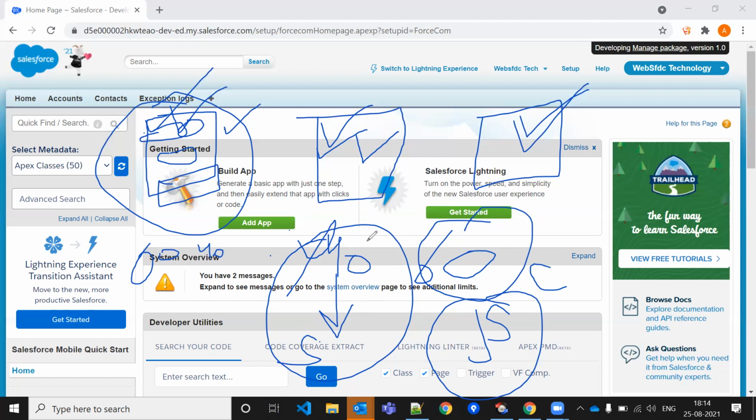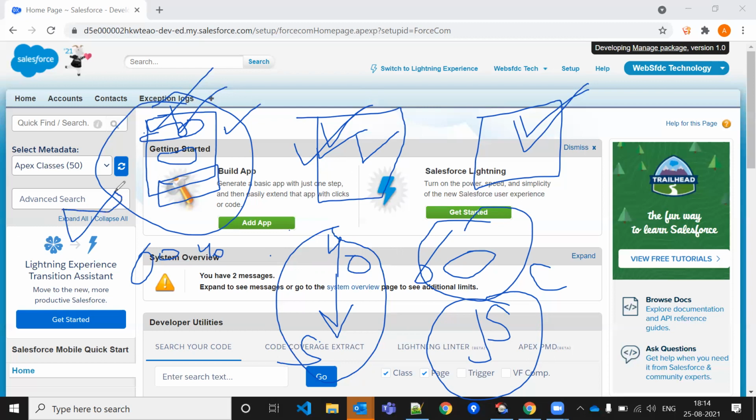So in case of lightning, if we talk about the beautification, this is very beautiful, very dynamic, very responsive, because we are using JavaScript here. We can make it more dynamic. Even if there is a candidate from some other technology, suppose Angular, Node, or some other technology, coming to Salesforce and working on the visual force page, they don't know the syntax of visual force page.